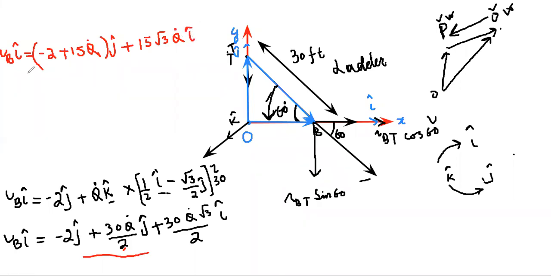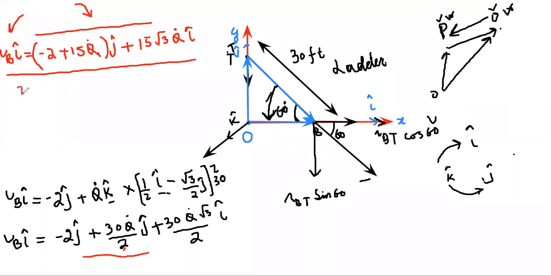Now look at this equation. This equation is a vector equation. You have a vector on the left hand side, you have a vector on the right hand side, and in between the two vectors we have the sign of equality. Two vectors are the same if the components of the vector on the left hand side are equal to the components of the vector on the right hand side, balancing the components.